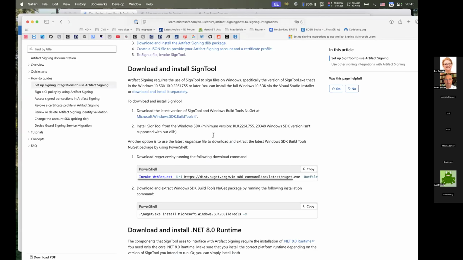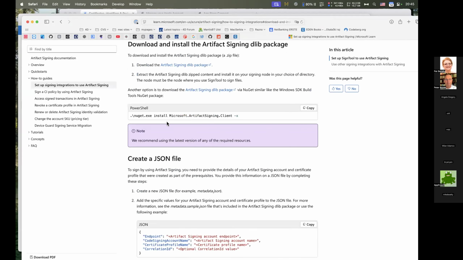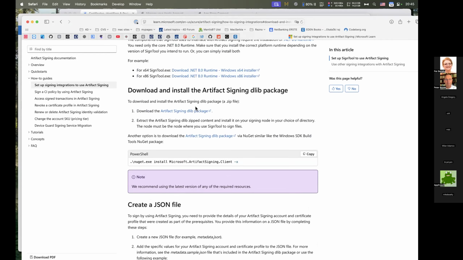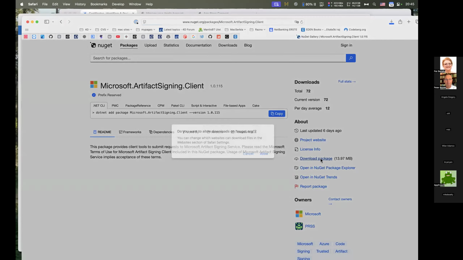So download and install Sign Tool. Where is the signing library? Use this and you get access to install. Actually, go to this site and just download this package. I will do it now.